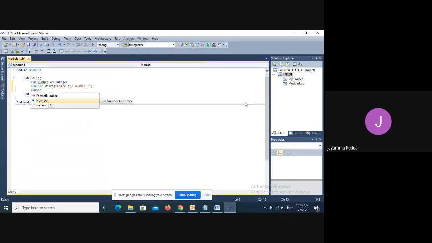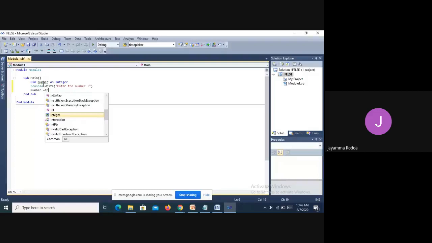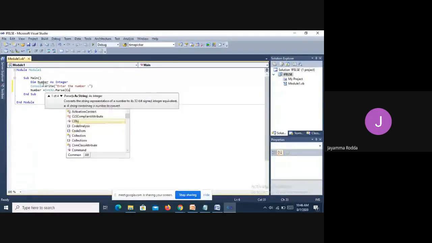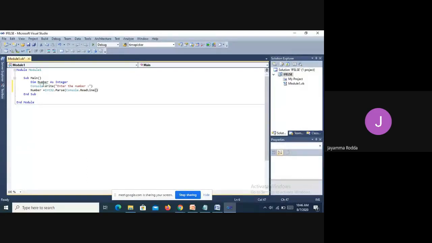Then number, with N in caps. While I was declaring here, I have used N as caps, right? So I'm writing N as caps only. Number is equal to Int32.Parse, Console.ReadLine.